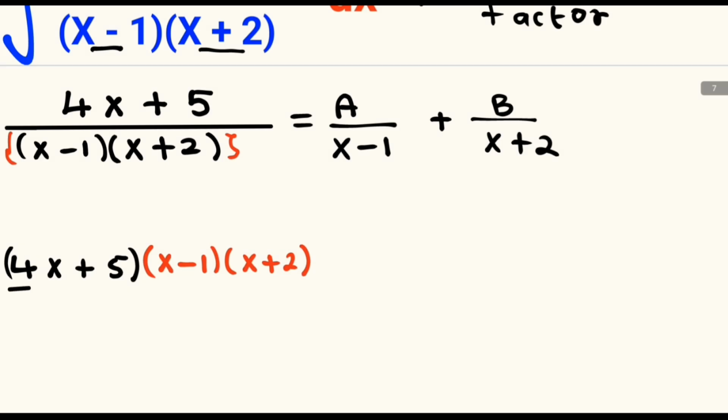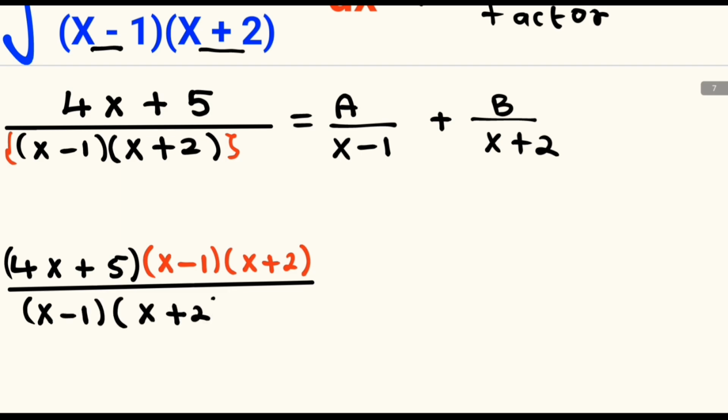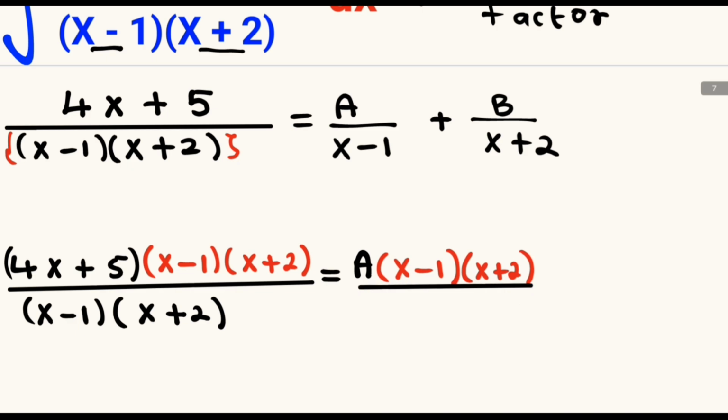This is still divided by x minus 1 multiplied by the x plus 2. Even on the right hand side, we are going to multiply by the denominator on the left, x minus 1 multiplied by x plus 2. What we do on the left, you also do on the right, and this is still divided by the x minus 1